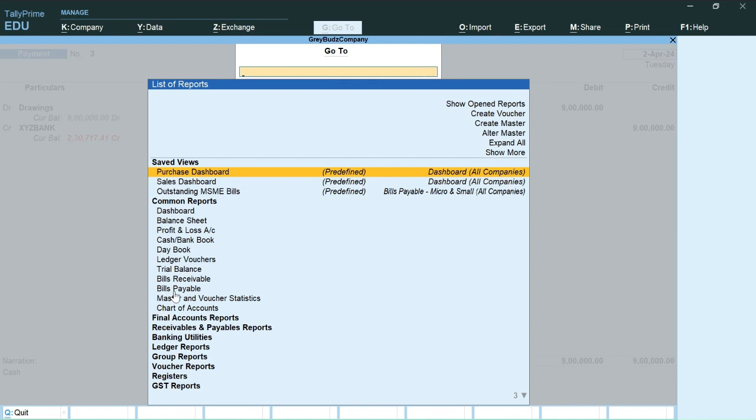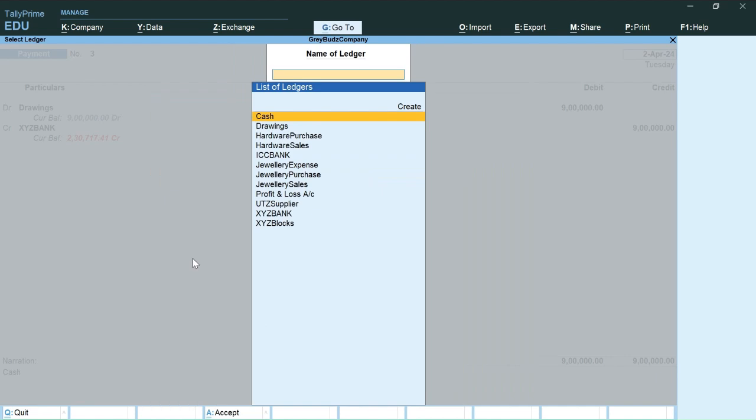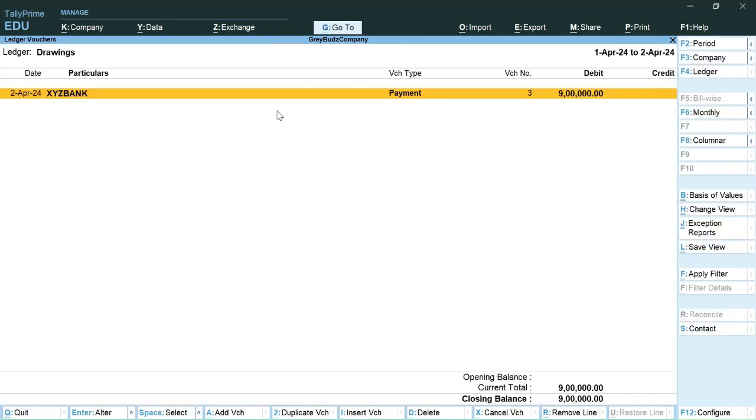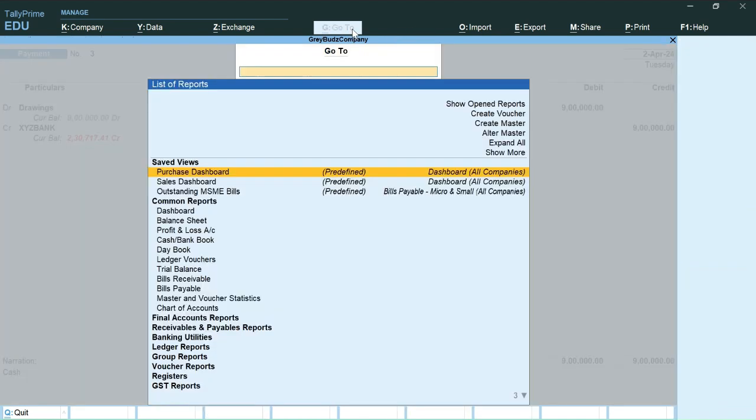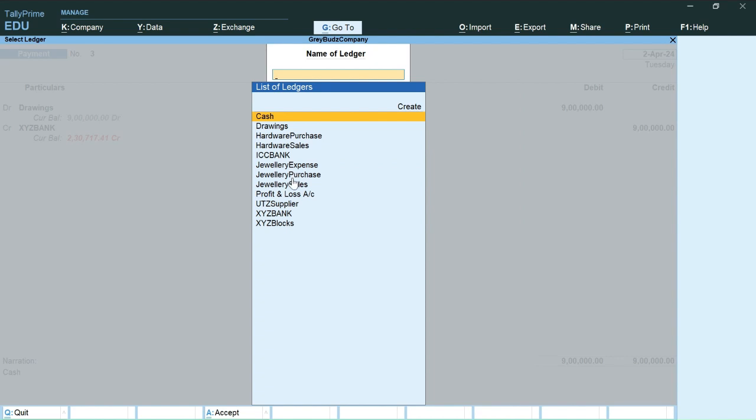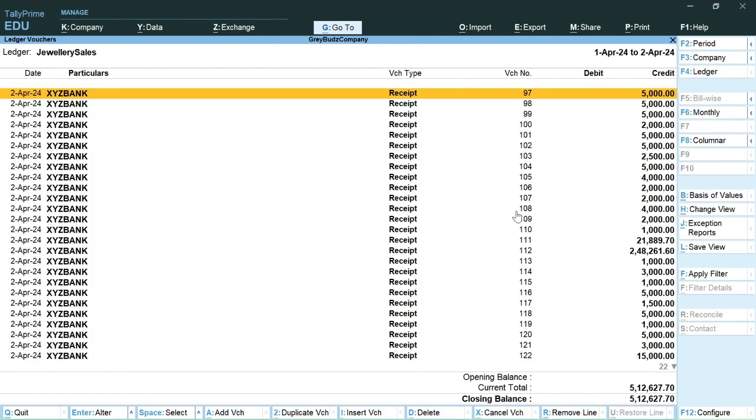Bank entries are also captured in a similar format. Now I'll also show typically here. Drawings gets captured, and also, if you look at it, most of them are sales in nature, jewelry sales. It gets captured here as